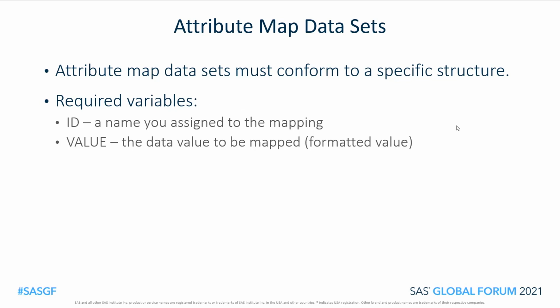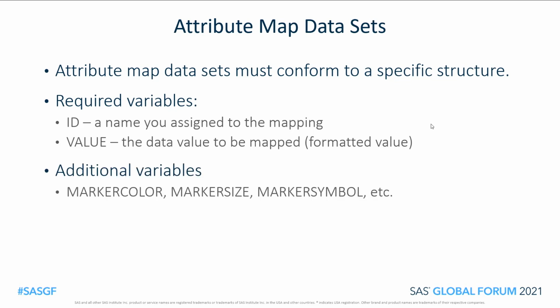In this case, with sashelp.cars, we aren't applying a format. We're just using these strings, Asia, Europe, USA, so we don't have to worry about that. But if you had a situation where you had a numeric variable, let's say, with a character format applied, and you were going to use that to label your levels in your legend, well, then you need to make sure that your attribute map values match the formatted values, because that's what proc SGPlot will use to look up your mapping in this data set.